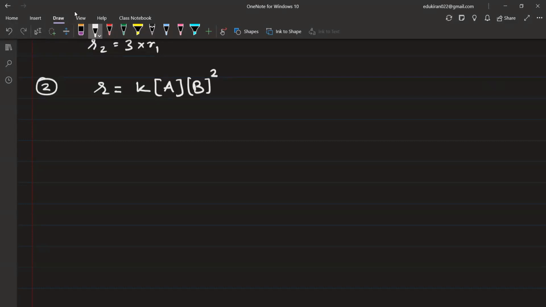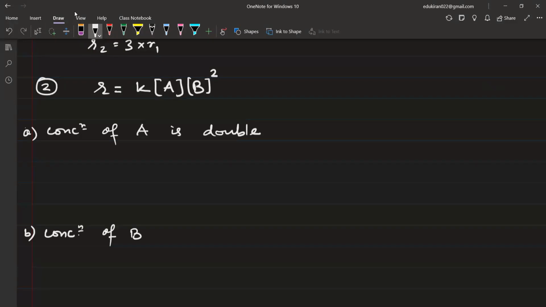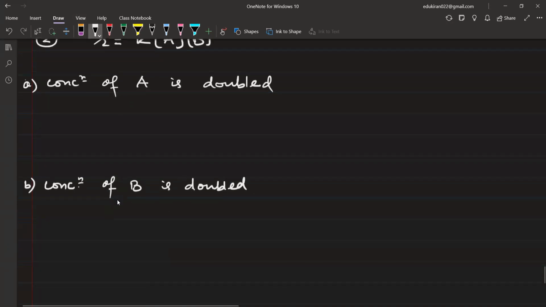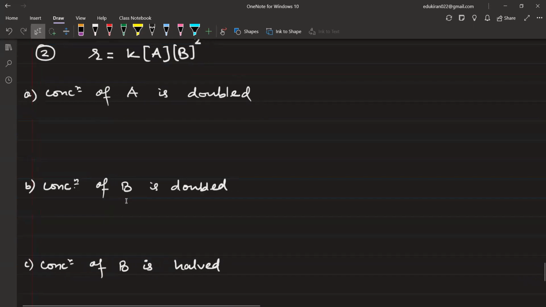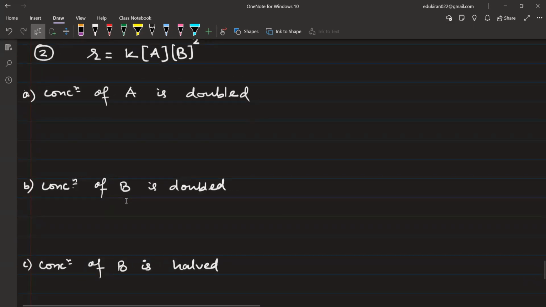Now, what will happen if the concentration of A is doubled? ये पहला केस बताइएगा, A केस, and in B case, concentration of B is doubled, ठीक है, और C केस करेंगे, concentration of B is half, तो हाफ इंटू B करिएगा आप, ठीक है, ट्राई दिस।